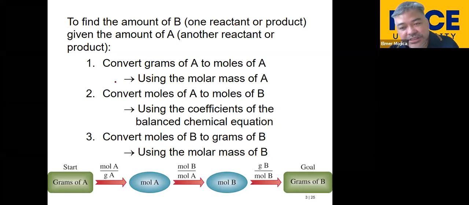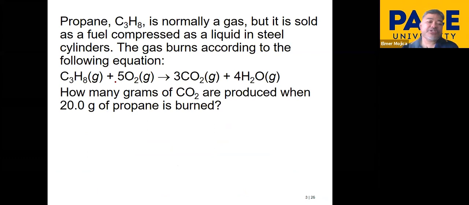So what's the first thing that you need to know whenever you're dealing with stoichiometry? Make sure the equation is balanced. Don't assume that it is balanced. Most likely some of them are not balanced. Okay? So for instance here,